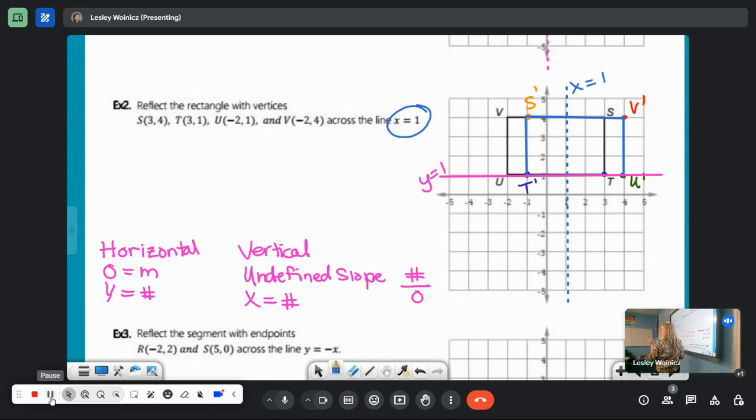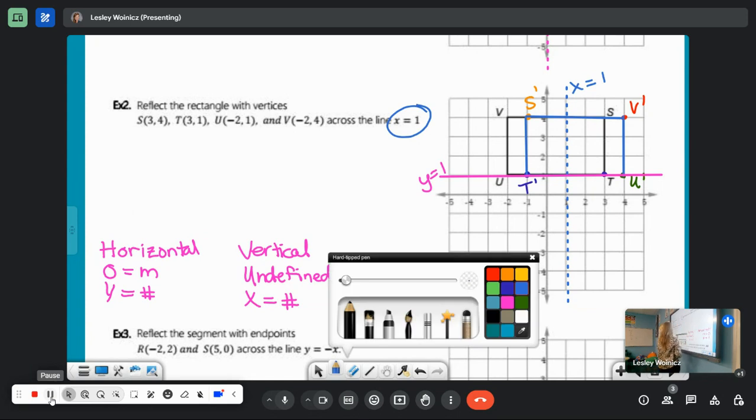Do we want to do the y equals 1 really quick, just so you have an example like that, or do we get it? You want to do it? Okay. So, just for bonus round,